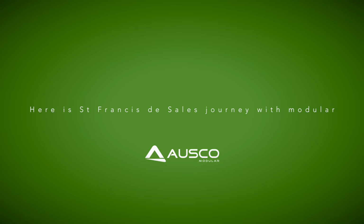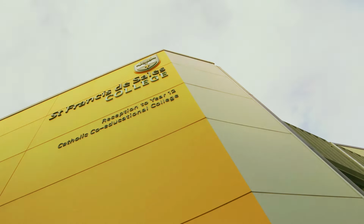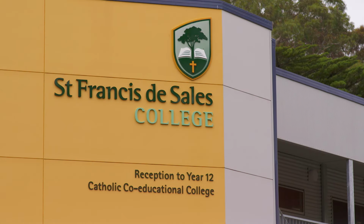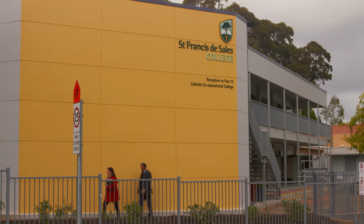A couple of years ago we needed a space for our Year 12s. We are a school in growth, so it was really important that we could relocate our Year 12 students and accommodate the growth, but also, with the introduction of a new SACE curriculum for senior students, to create a learning space where young people could be engaged in making that transition between school-based learning and the kind of learning required